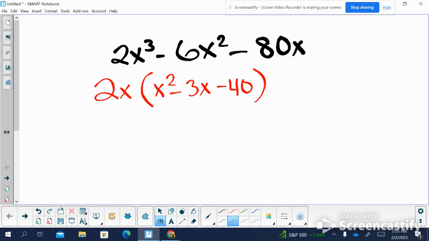Now that I have factored out the GCF, I have to look at the trinomial